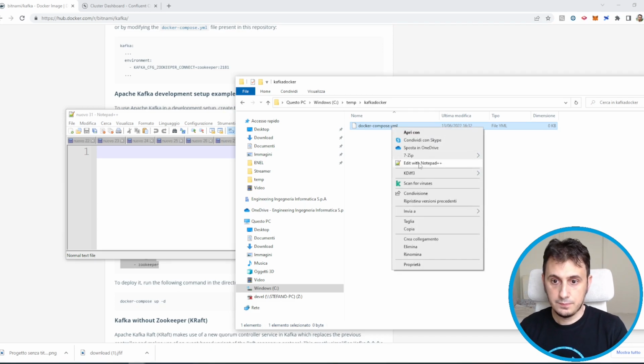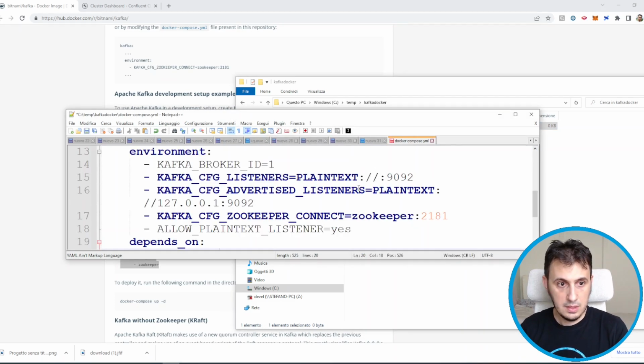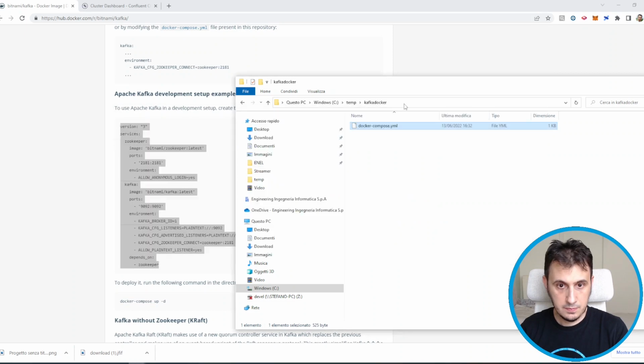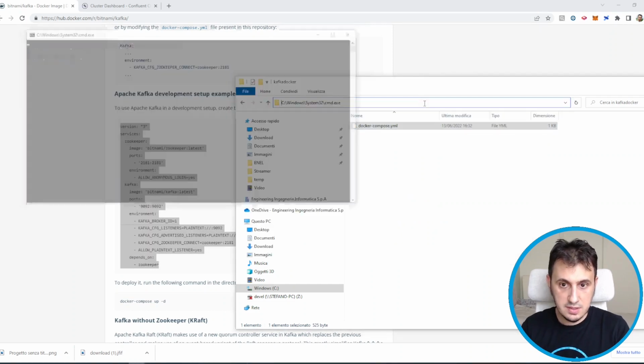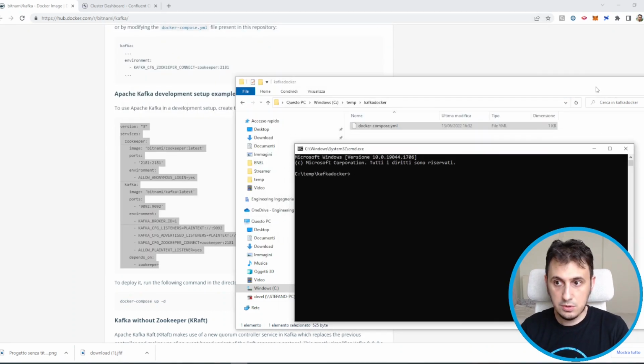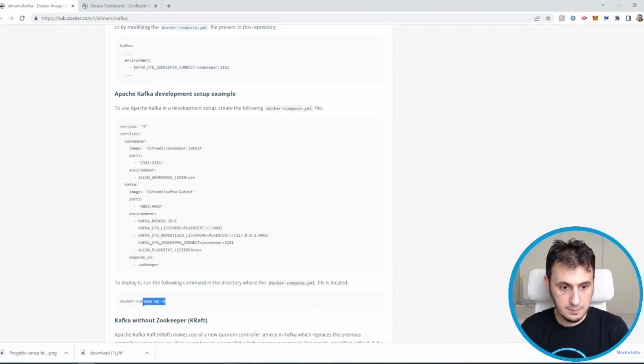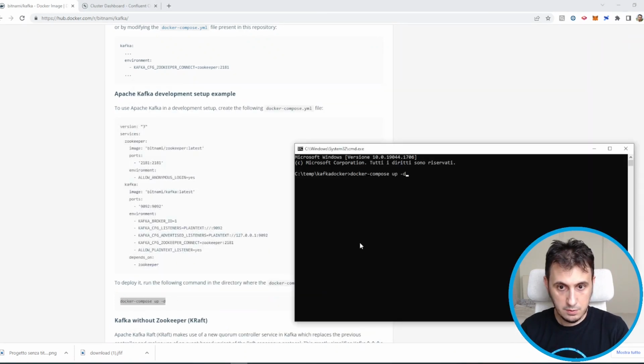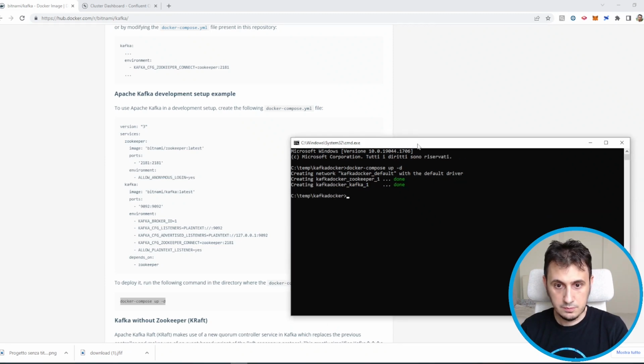Then we just execute the following command. And I think Docker will do all the rest. In Docker Desktop we can find if it works.